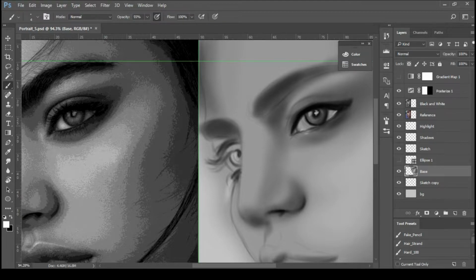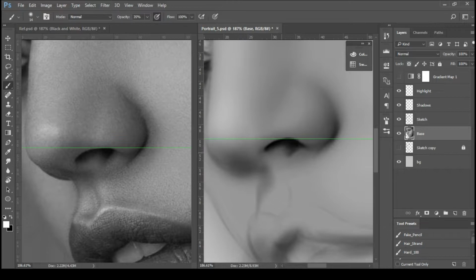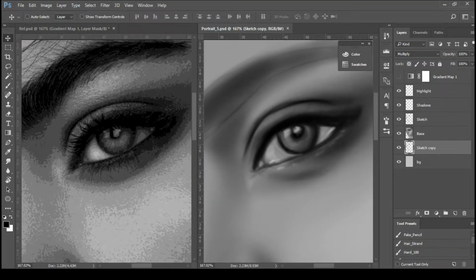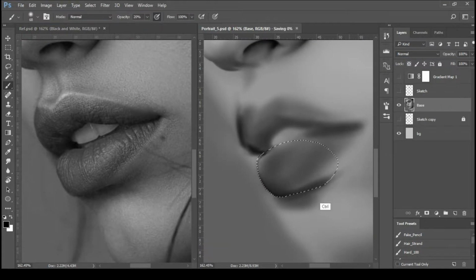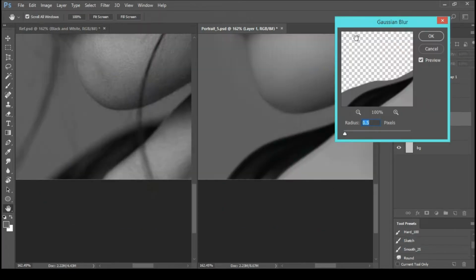eye painting, nose painting, Photoshop's multi-document control, lips painting, gradient maps technique, depth of field effect,